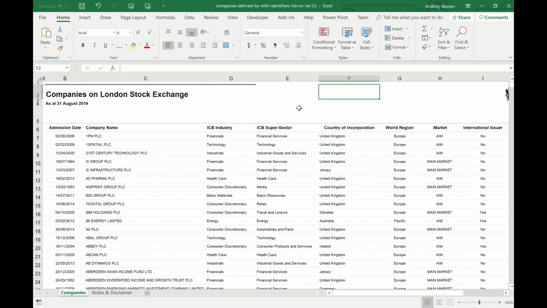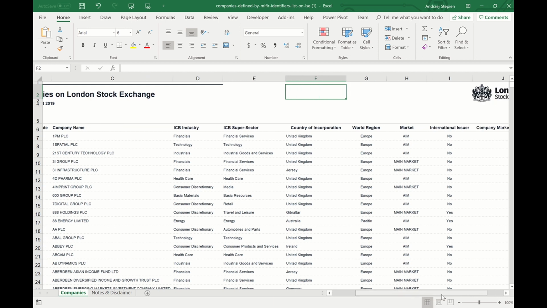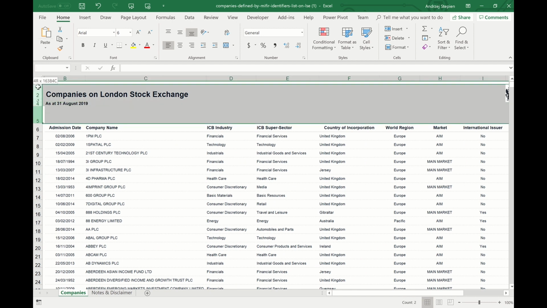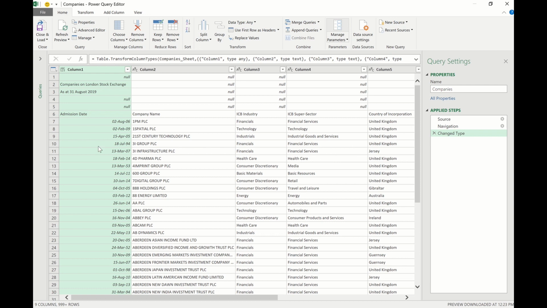Now, what we just did is create a connection to the file online. The file looks like that, and as you can see it's orientated towards being user friendly and looking nice, not necessarily for connecting the data. So as you can see here, the first 5 rows indeed are blank, which we will need to fix in our Power Query editor. Using the Power Query editor functionality, I'm going to ask Excel to remove the first rows. If I click on remove rows, then remove top rows,